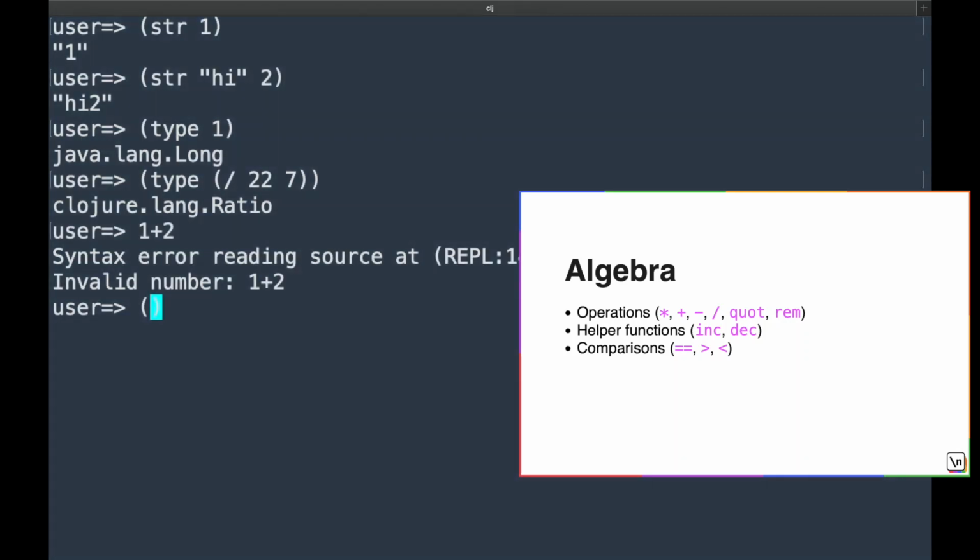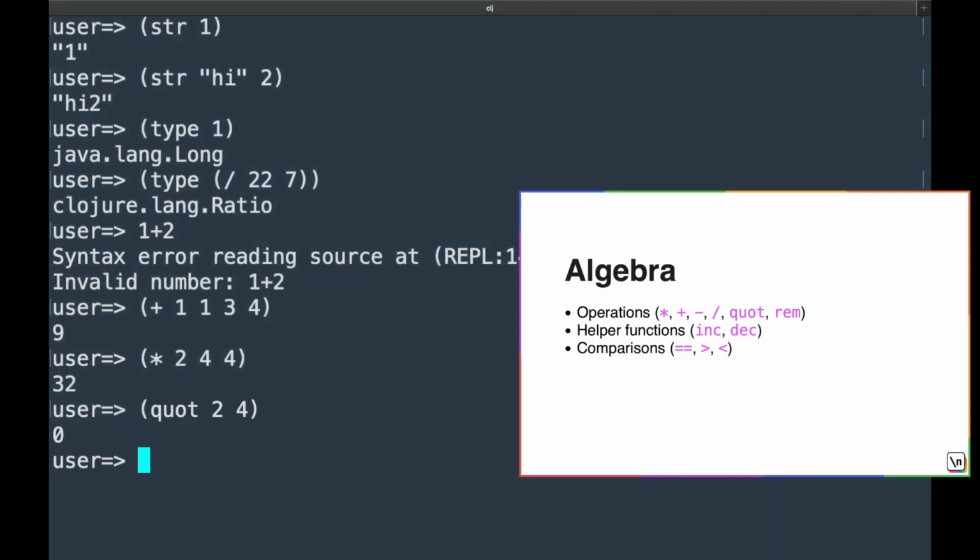All algebraic operations are defined as functions. The plus function can be called with 2 or more arguments. Similarly, the product function can also be called using 2 or more arguments. Clojure core ships with all the algebraic functions that you would expect, like quotient, remainder, and all others. Inc or increment can be used to add 1 to any number.